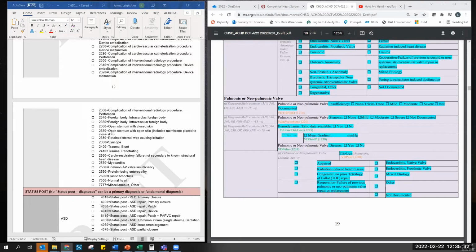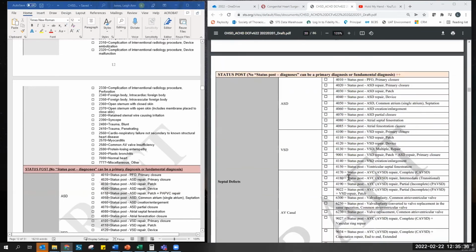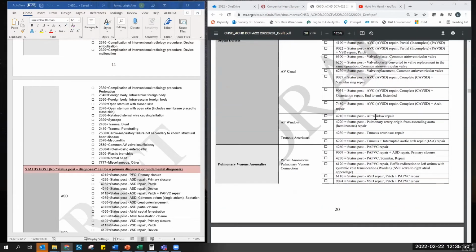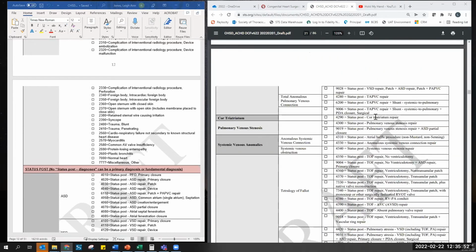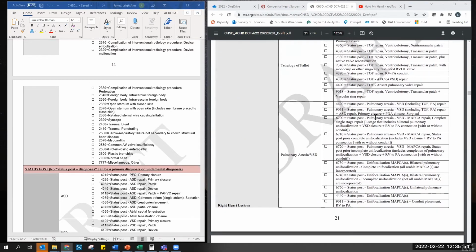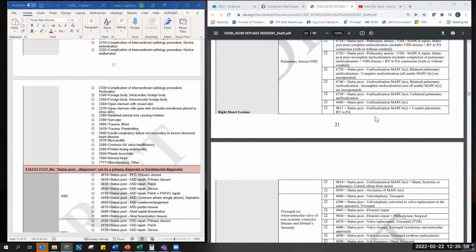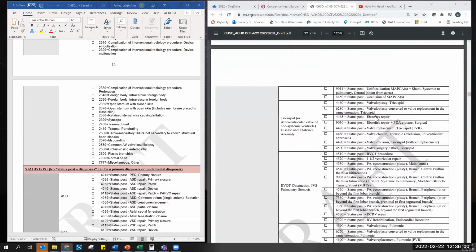If we scroll down, you can see the status post section is here, and it will work as previous status post diagnoses have worked. This status post diagnosis is really a copy of the procedure list, so you won't see a lot of changes here. The changes you do see are related to new procedures that have been added. We'll talk about procedures when Carol returns, because she is the expert on that section. But if we scroll all the way down,